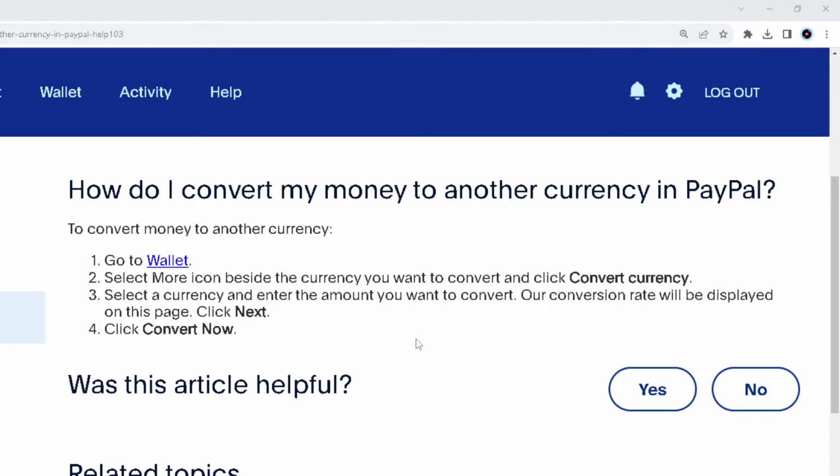go to your mobile device and open the PayPal app. Or if you're using the web version, go to paypal.com and log in using your credentials. And then simply you need to go to wallet. Alright, click on that. And then select the more icon beside the currency you want to convert and click